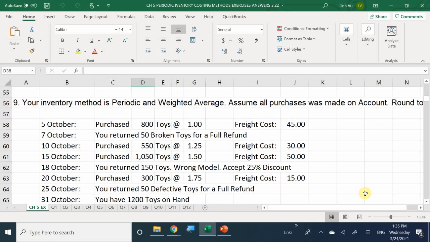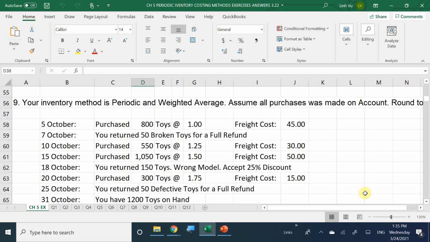Question number 9 says your inventory method is periodic weighted average. Assume that all purchases were made on account, round to the nearest penny. Rounding to the nearest penny is going to be super important, especially when dealing with weighted average, because you're going to take all the costs, every single one of them, and divide by the entire quantity. We looked at this last week, so let's dive right into